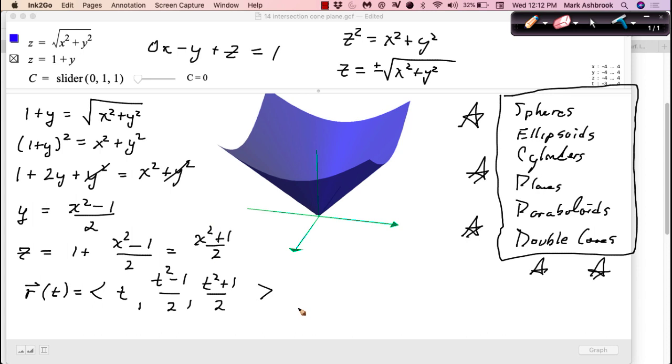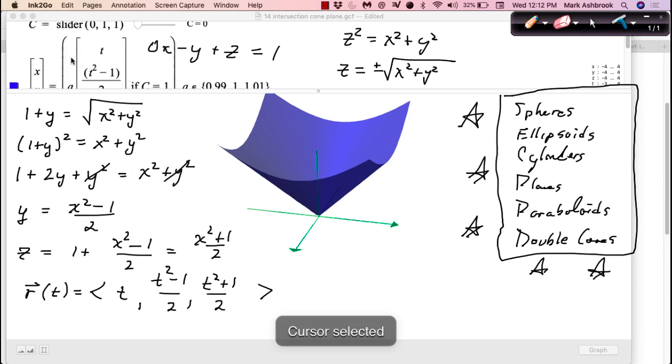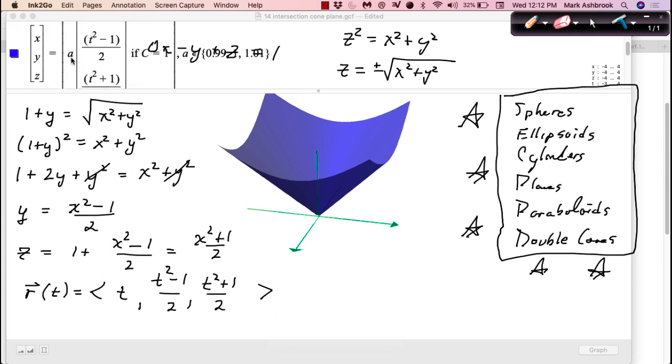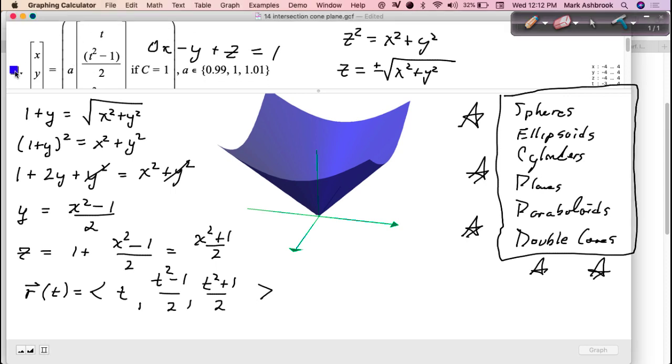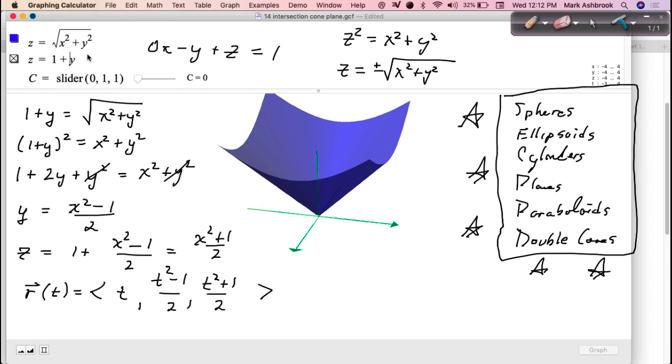So what are we going to get? Let's see if that's what we got. Yep, there it is. I had that from before. So let's make that yellow. And we'll make this, let's see if blue and red show up good together. Pretty good. So now look, there's the two